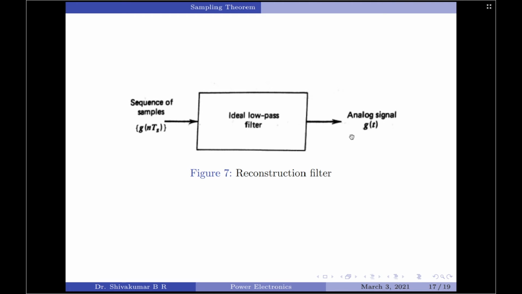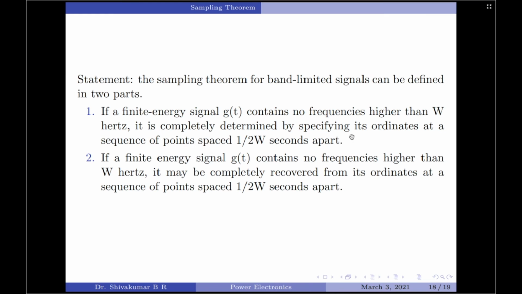In simple words, you must remember this is an ideal sampling theorem and does not take into effect the practical aspects of sampling. Further, we have assumed that our input signal G of t is continuous in both time and amplitude, as well as that it has infinite duration and finite energy. So, these factors and assumptions will be tested when we take up the practical aspects of sampling in one of my future videos. So, to conclude, let us state the overall sampling theorem,